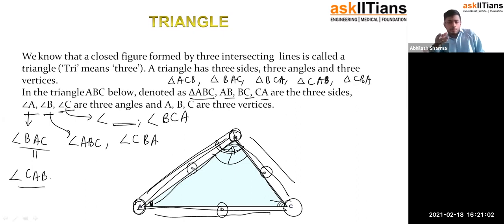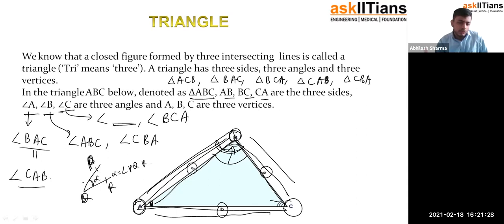So that's pretty much how we can name the angles in a triangle. And sometimes if we talk about a general angle, then whenever we write angle ABC, or let's say these are PQR points, to avoid confusion, then if we want to name this angle, we will name it angle PQR. But if we want to name this angle, then also we will name it PQR only,